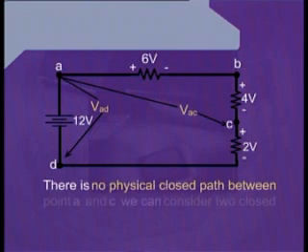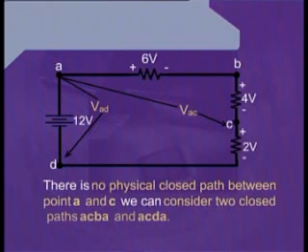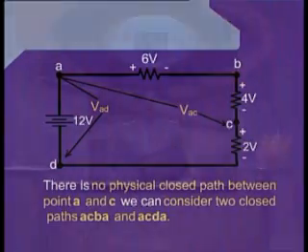Now there is no physical closed path between points A and C. We can consider 2 closed paths, ACBA and ACDA. Now, as we have mentioned, these 2 closed paths